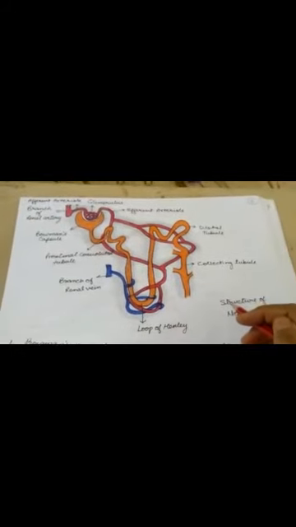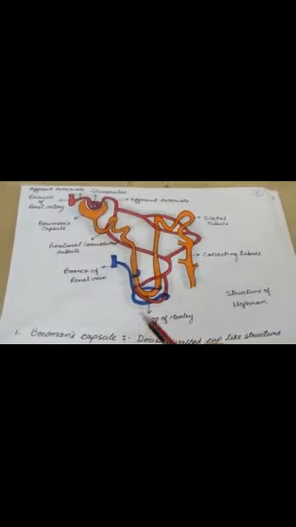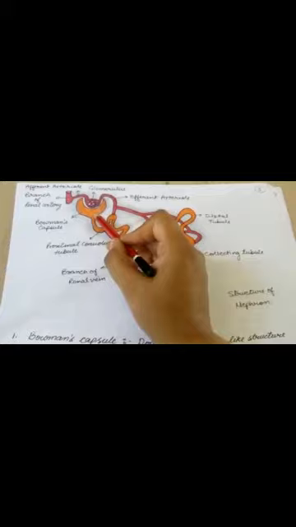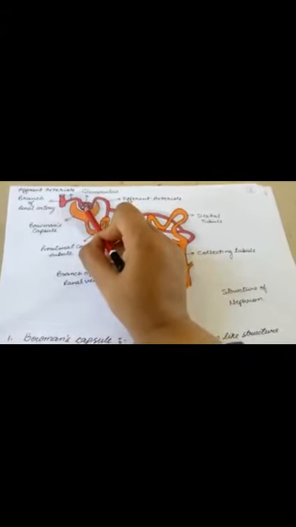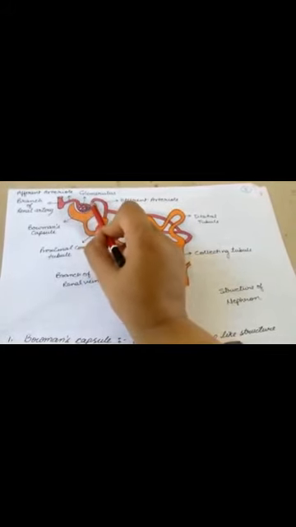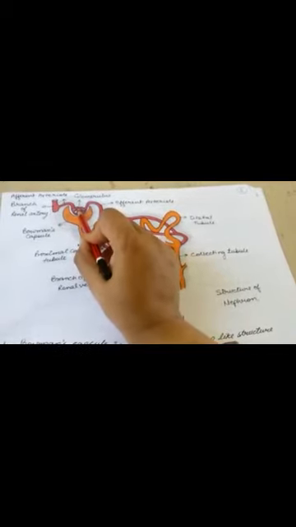Here is the diagrammatic representation of the structure of nephron. First of all I am showing it from the diagram, then I will explain it from the notes. I have told you that every nephron has two parts. First one is called Bowman's capsule. This is Bowman's capsule and it has a branch of renal artery which is called glomerulus. This extremely coiled structure present inside it, which is made up of renal artery, is called glomerulus.